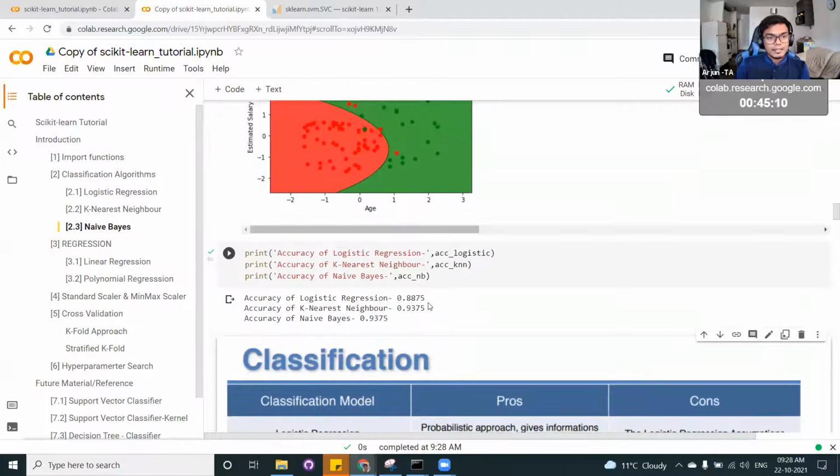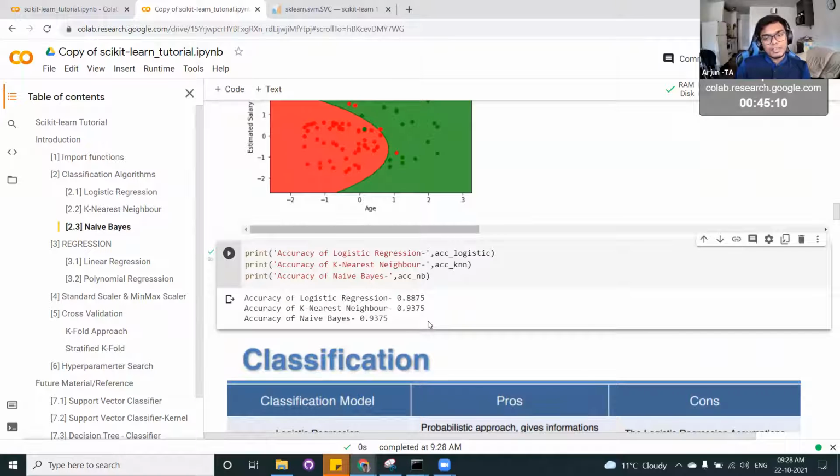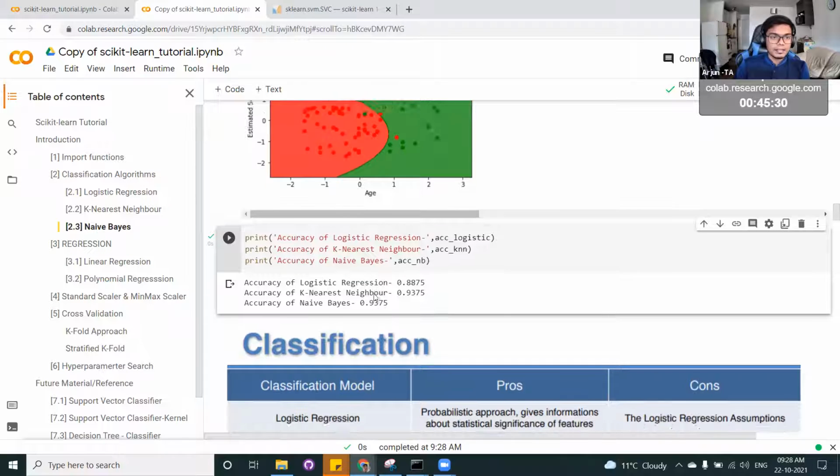And then you just print all the accuracy. Here we are just using accuracy, but when you work, you can always use F1 score, precision, or recall based upon your problem statement. That's again up to you and the problem statement that you're working on. It's not a general thumb rule that you should always use the accuracy metric.